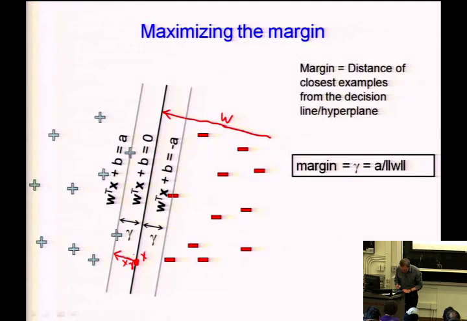So now think of it this way. Because that puts us on this line, which is the line where w transpose x plus b equals a, we know that w transpose of x1 plus x gamma